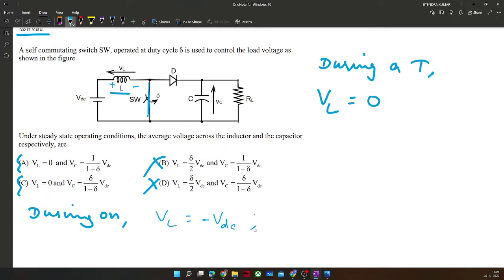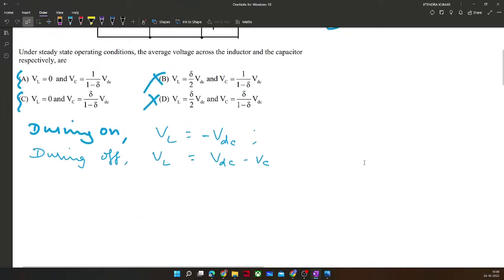And during off condition, this switch will be open and this diode will be conducting. So at that instant, VL would be equal to VDC minus VC. Okay, so now further, if we equate both equations,